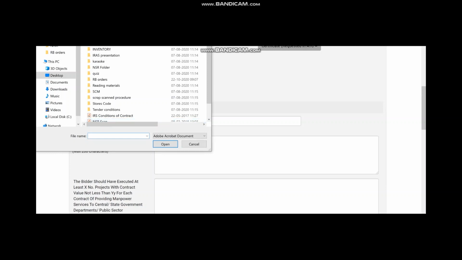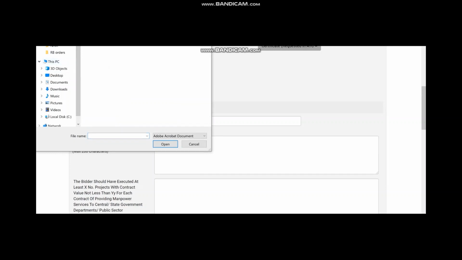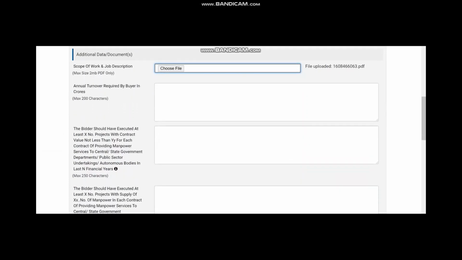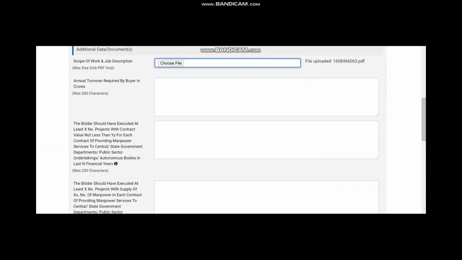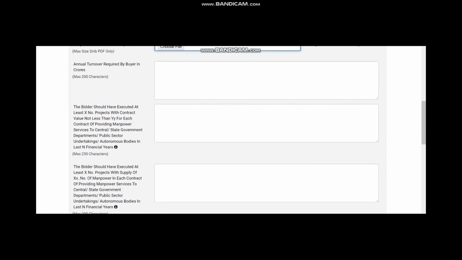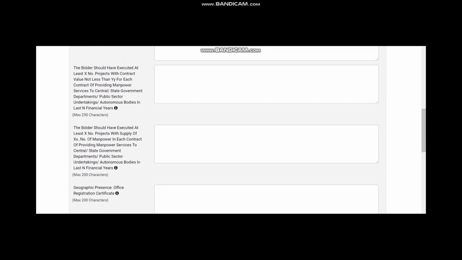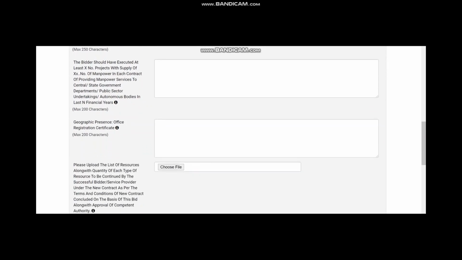So the scope of work that you have prepared, you must upload here at this stage. The scope of work will say the nature of work and whom to report and all those things. There are other columns also here. Try not to fill up these columns, because during your technical scrutiny you need to check these things yourself. So try to keep it to the minimum so that you don't face problems.